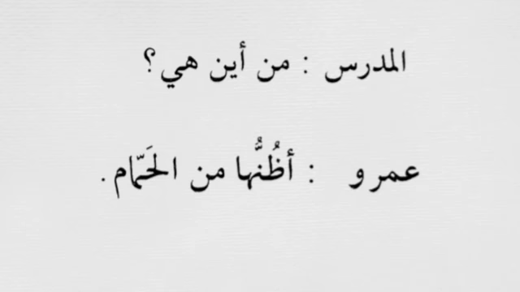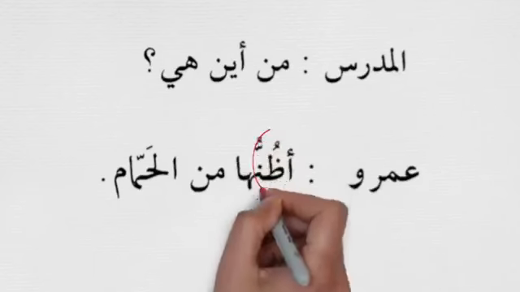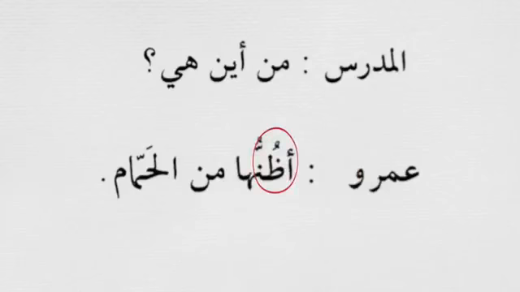It's connected to ra'ihatan. The teacher says, Min aina hiya. So where is it coming from? Min aina hiya. Umro, one of the students, says, Azunnuha. So Azunnu, again it is from Zanna Yazunnu. So it's Muda'af. So it's Zanana originally. So it's idgham for Zanna and Azunnu. So Azunnu, I think, ha is your